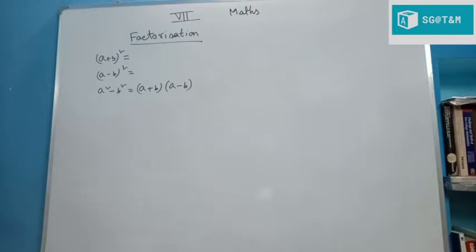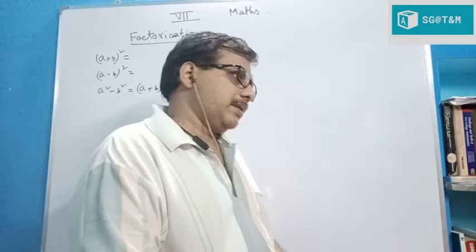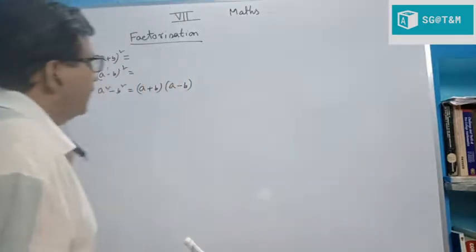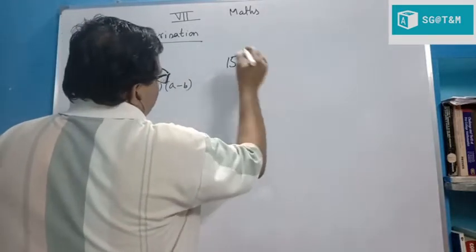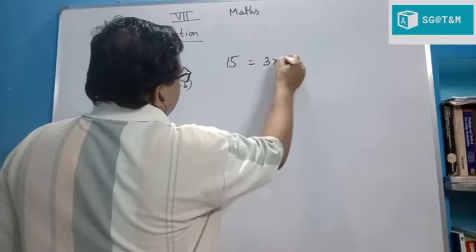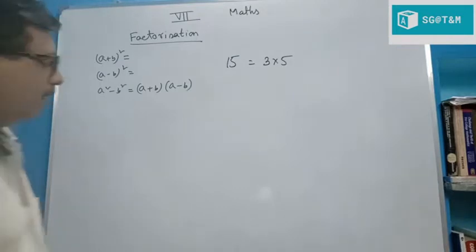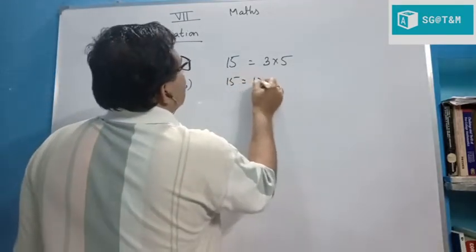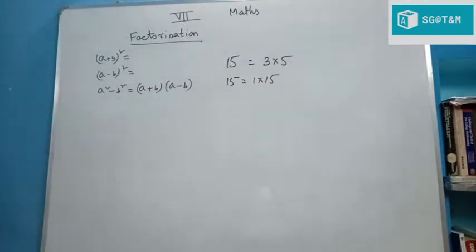Now factorization is the new topic. What is factorization? It is about factors and multiples, also known to all of you now, from arithmetic. If we take a number, say 15, 15 can be written as 3 into 5, or as 1 into 15. In arithmetic, we are also familiar with prime factors. 3 and 5 are prime factors.